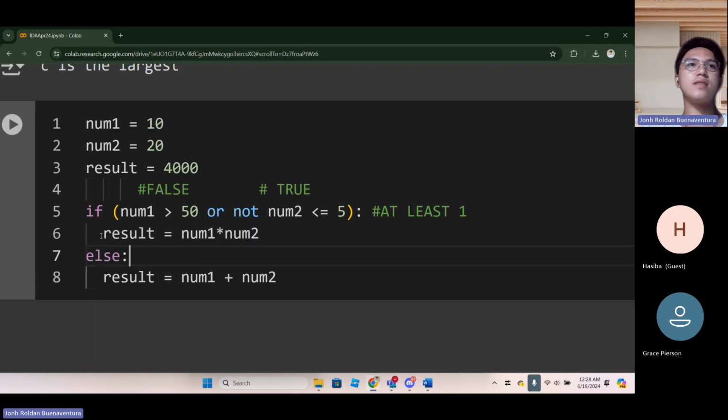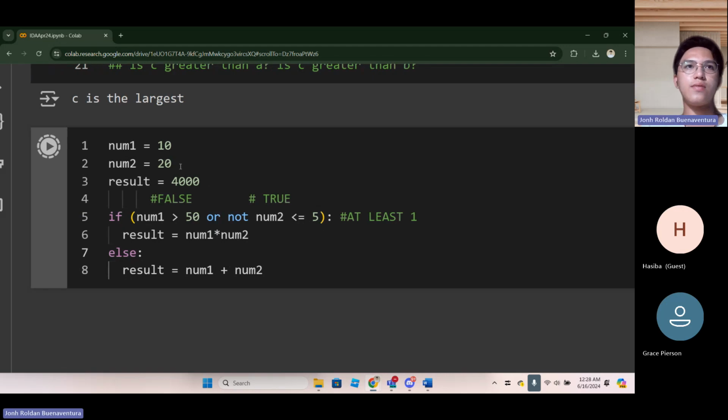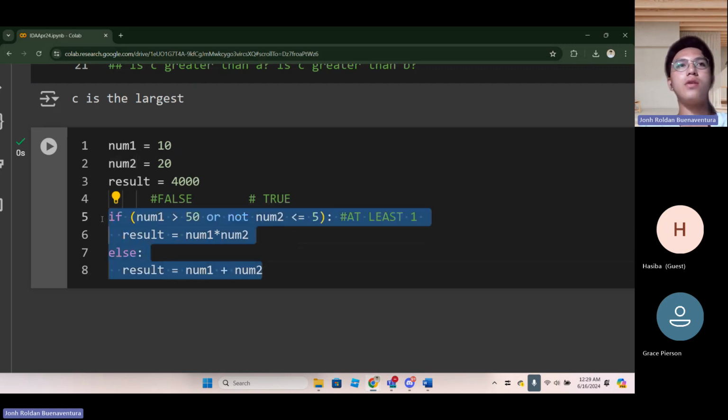But in this case, it will present as 20 times 10, which is 200. But always remember that in conditional statements, it is not required to have a print. It means this chunk of code is not required to print whatever the result is.